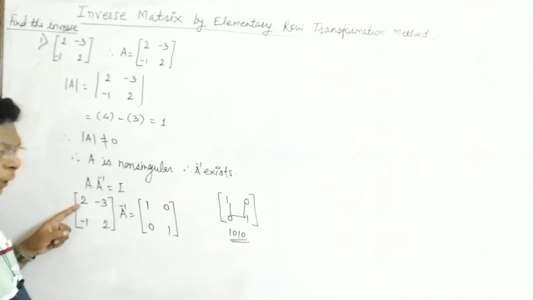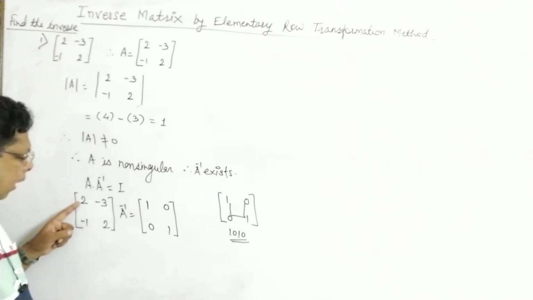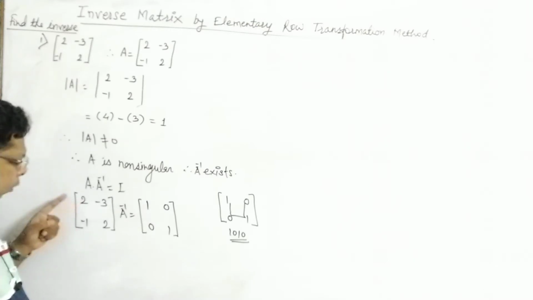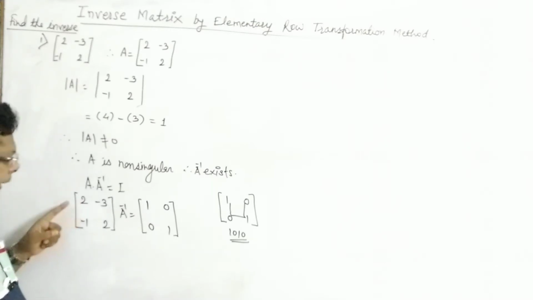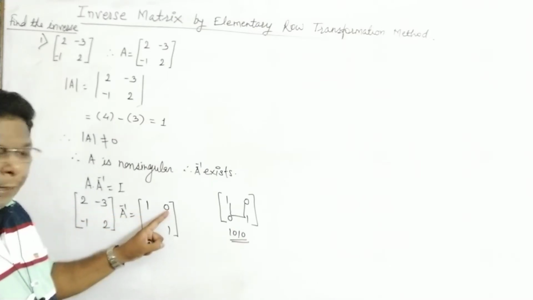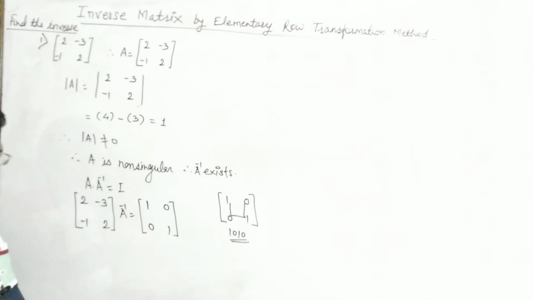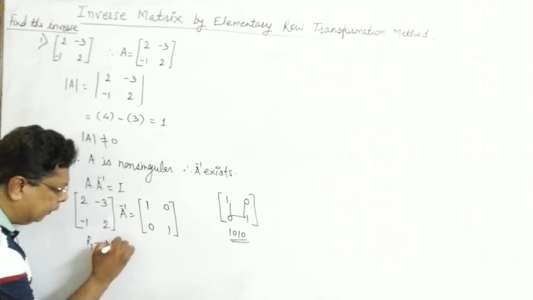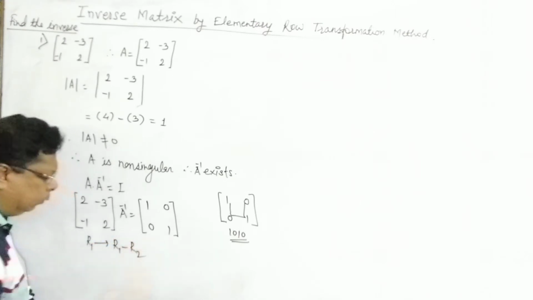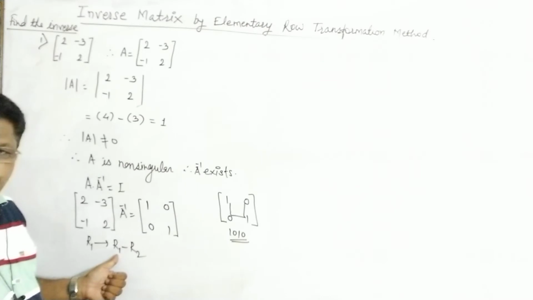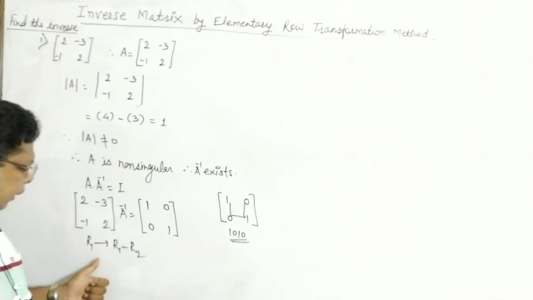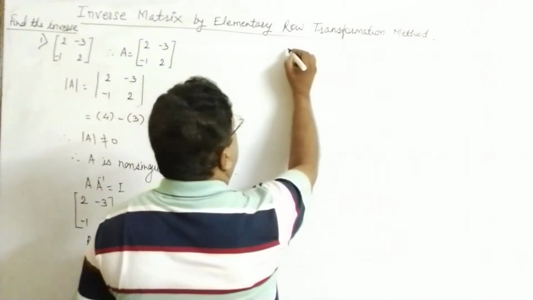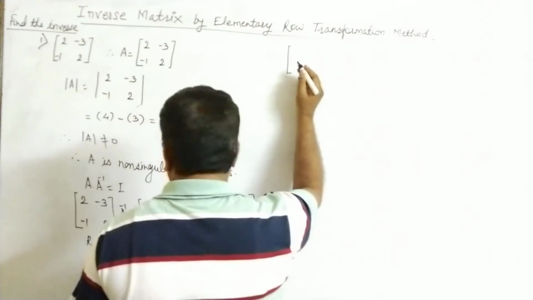Okay, here the first element is 2. Bring 1 in the place of 2. How does it come? Divide by 2, or take the operation with the second row. 2 से डिवाइड किया तो फ्रैक्शन में नंबर आएंगे, तो ऑपरेशन सेकेंड रो के साथ कीजिए. Which operation is there? 2 minus 1 is 1. So R1 implies R1 plus R2. Which row will change here? First row will change by using the operation R1 plus R2. It means no change in the second row.